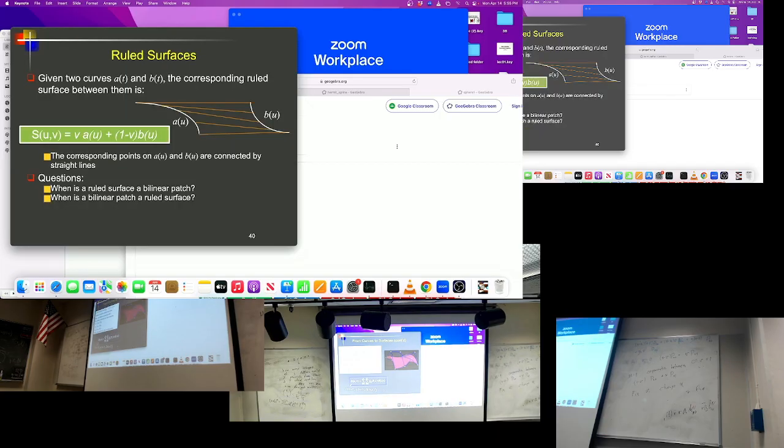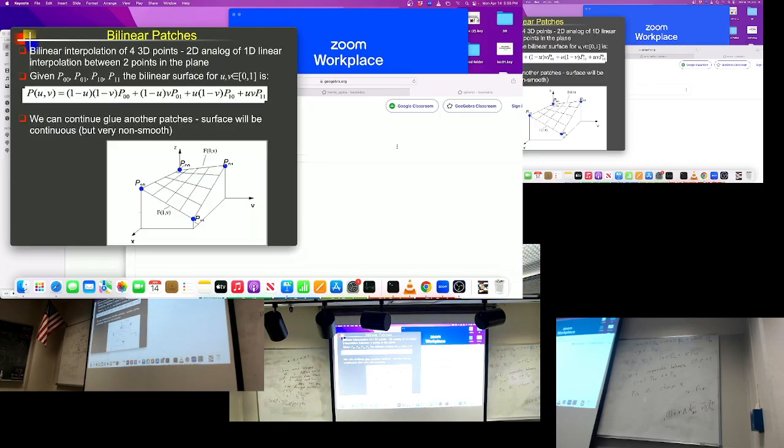And now I can create, wait, I don't have a picture of it. Sorry, I lost the picture. And I lost the GeoGebra. Now, take my rule for v between 1 and 2, take these 2 points and add another 2 points, and you have another bilinear patch, and another, and another. So you can create a whole roof using bilinear patches